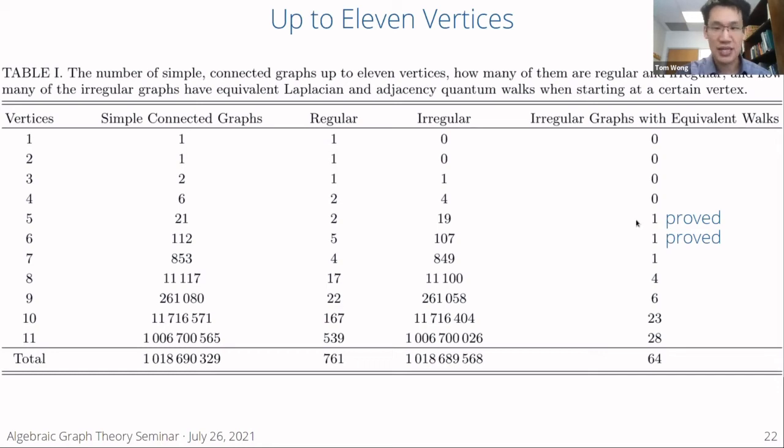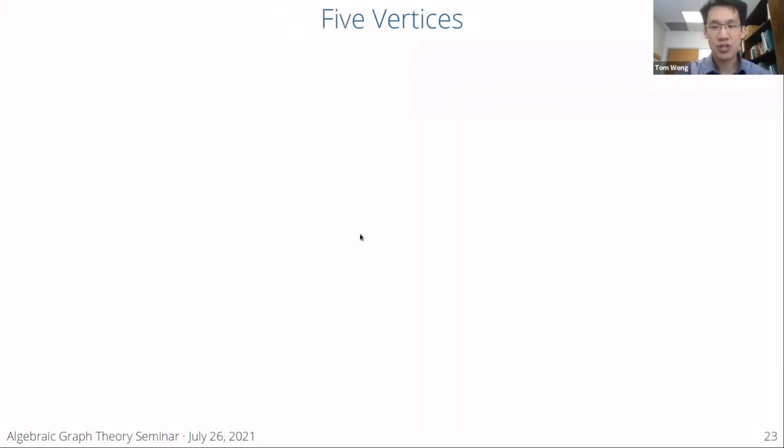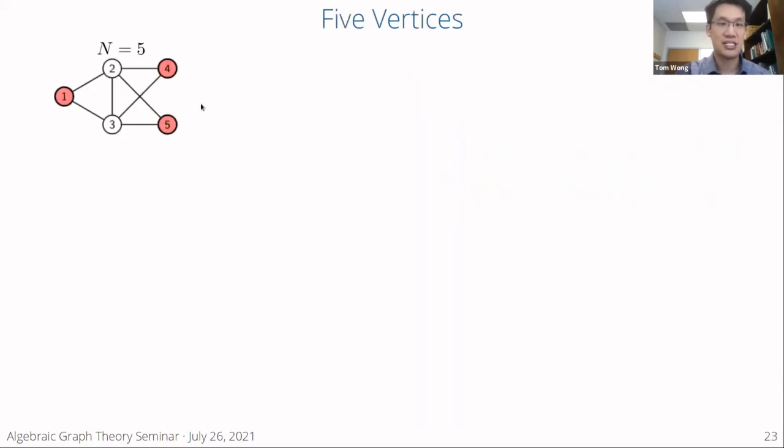But let me talk about that graph with 5 vertices first, because there's another proof approach that we explored in our preprint. So the graph with 5 vertices looks like this. You see it's very similar to the one with 6 vertices that Josh found, except the one with 6 vertices stuck out on this side as well. So there's a little triangle sticking out here. If you chop off that triangle, you get this graph with 5 vertices.